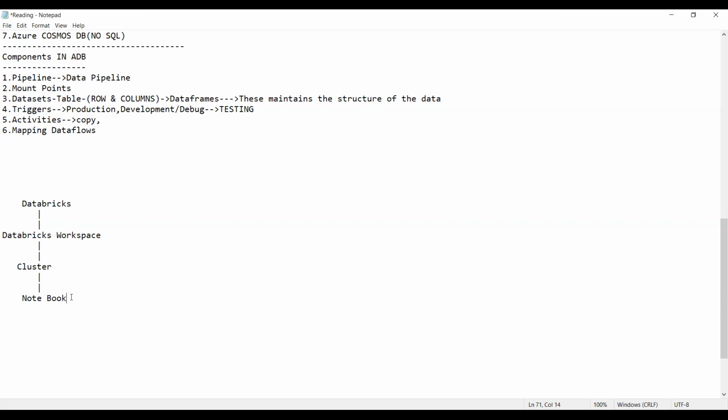And a notebook requires a cluster to run. So what do you mean by cluster? A group of machines is called a cluster. Getting my point? Suppose I have computer A, computer B, computer C.